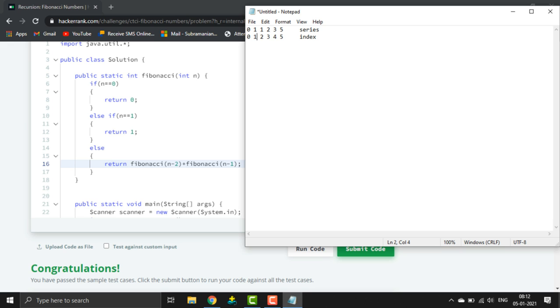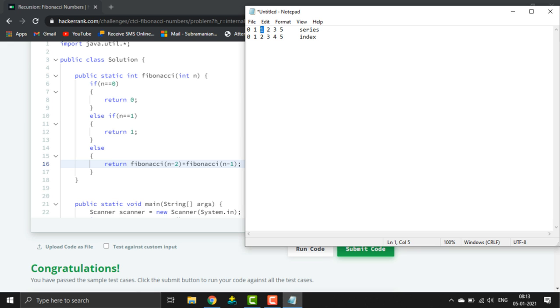So what is that? It is 1, because 2 minus 1 is 1. It passes into the method as 1, checks here, and returns 1. So it is 0 here and 1 here, so 0 plus 1 is 1, right? See, the second position is 1. We got the output.